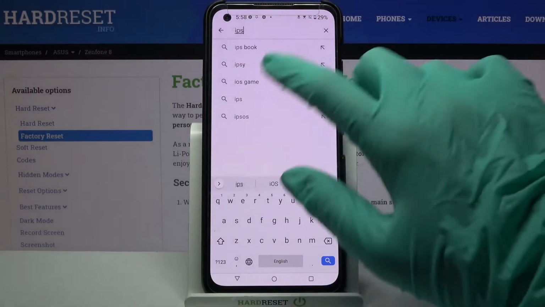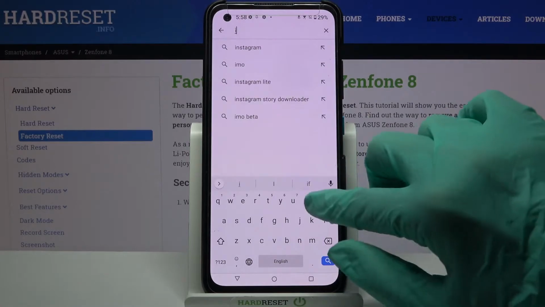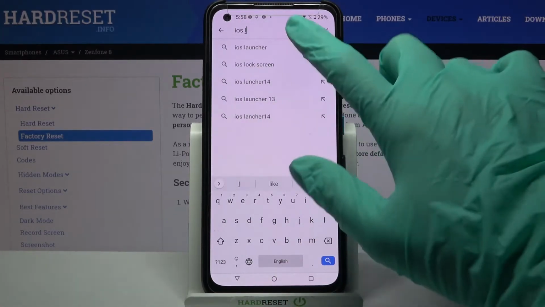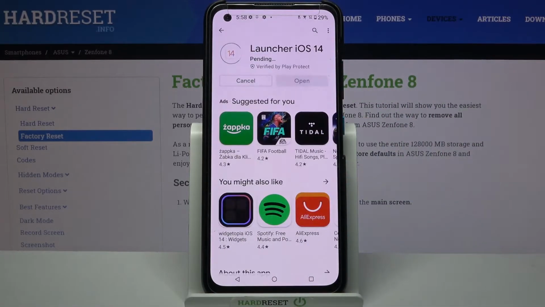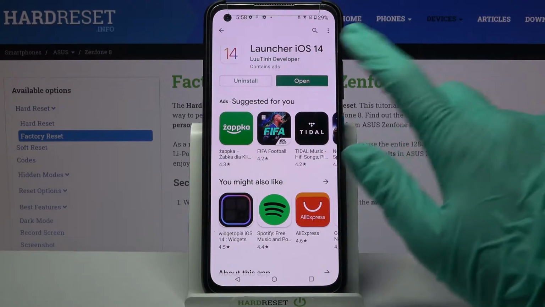and type iOS Launcher. Then download this app from this developer. Open it,